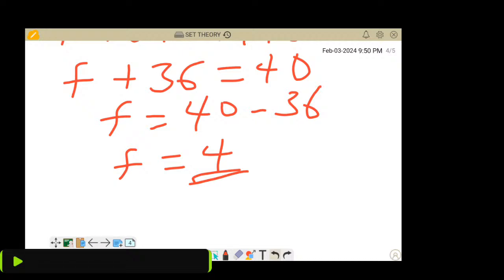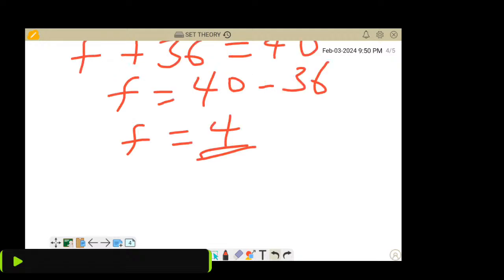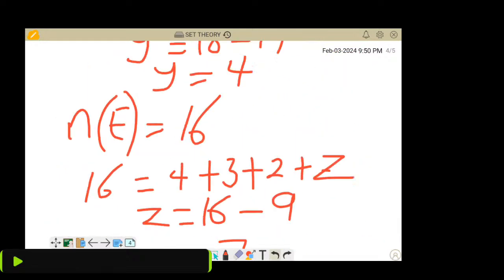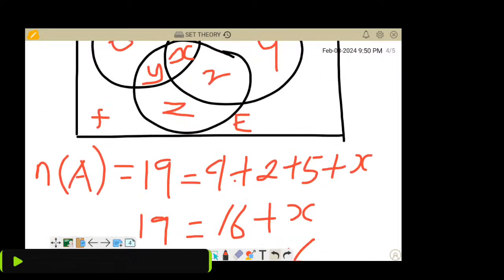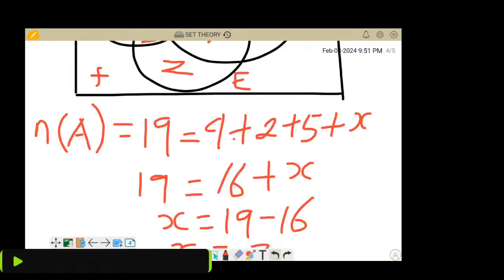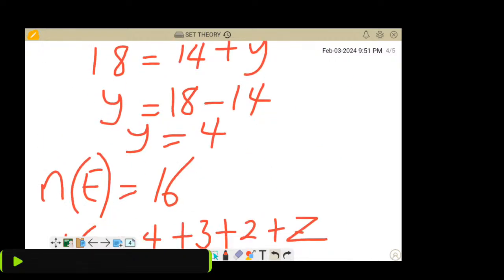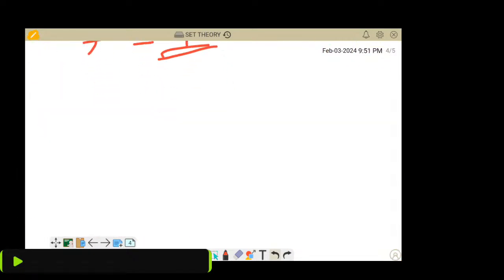The B part of the question, because of our time, the number that passed either economics or mathematics, let's quickly check. We have to find the percentage of students who fail at least one of economics and mathematics. The percentage of students who fail one of economics and mathematics. Okay, to do that,